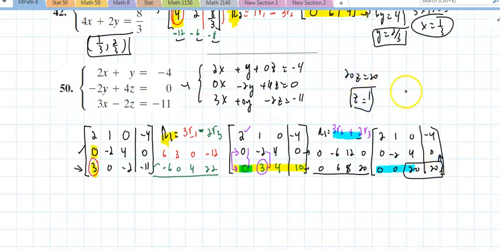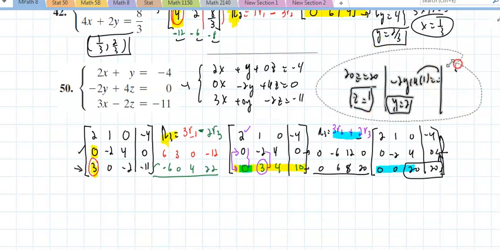Go back one level. Now, negative 2y plus 4, but I know z is 1, is 0. That's this row. So that means move it. That's negative 4. Y is 2. Go up a level, and we would say